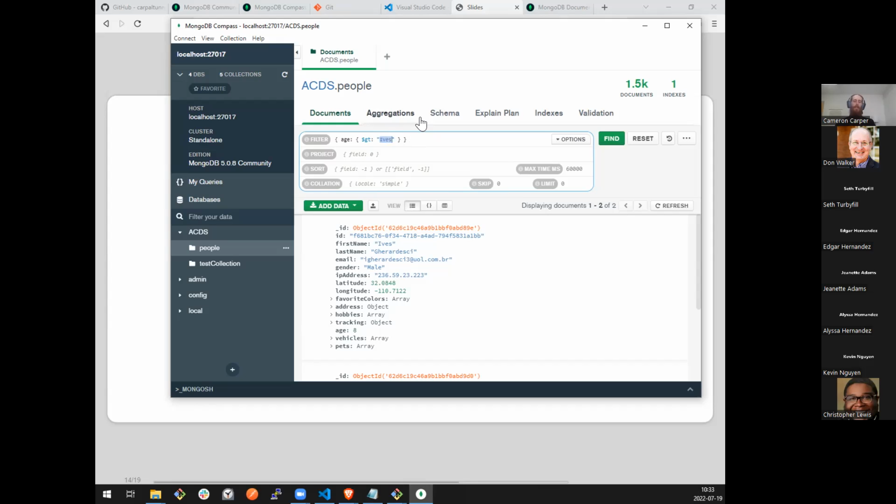That is not a logical comparison. So I need to provide it a number to compare to. And I said we were going to look for 30. So this should query all documents in my database where the person's age is greater than 30, which is most of them, because out of 1,500, 1,117 have an age greater than 30.